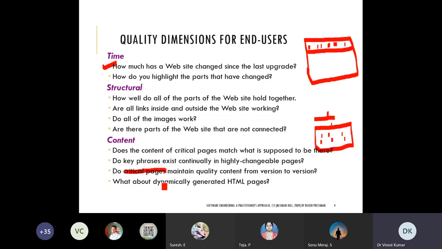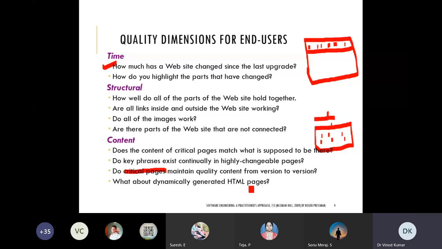What about the dynamically generated web HTML pages? Those are pages where you are making frequent changes. So how will you handle those contents?